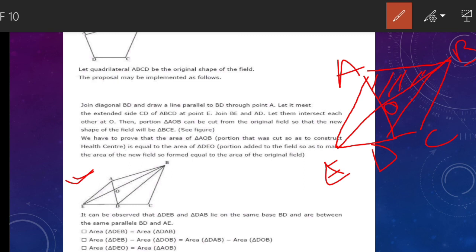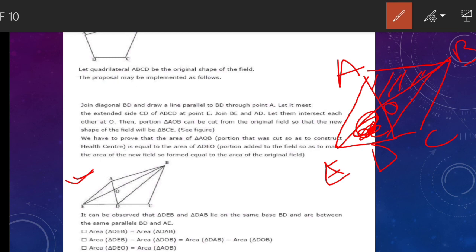So instead of this portion, he should be given another plot in lieu, adjoining to the land, which will make a triangular figure. So OED, this part, is the part which is being awarded to him, so that he has a field in triangular